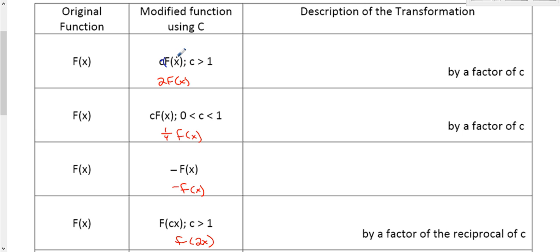And same thing as the first page. If it's on the outside, it's exactly what you see, and you're going to apply it that way. If you're multiplying by a large number, where the absolute value is greater than 1, you're going to make it bigger. You're stretching it. If you're on the inside, anything you do is opposite. Okay? So the c out front, going back to the first one here, if we have a number greater than 1, then we are stretching